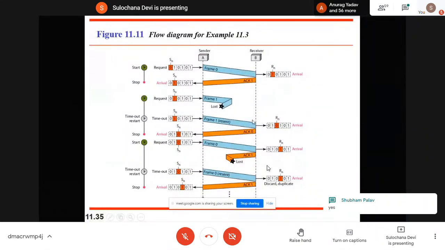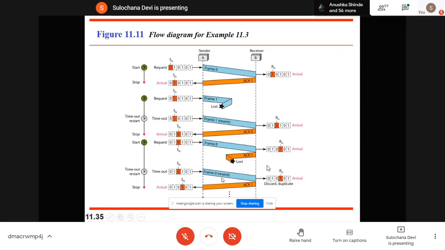Okay, very good. So here the case is when the frame is lost, the acknowledgement is lost, retransmission of a duplicate frame, and then a successful transmission. So all the cases are covered. In the exam, if you have to explain any of the protocols, stop and wait ARQ, selective repeat ARQ, go back N ARQ, you have to explain with the help of a flow diagram. The same way you have to explain. With the theory, you have to write and demonstrate this process like this, for all three.